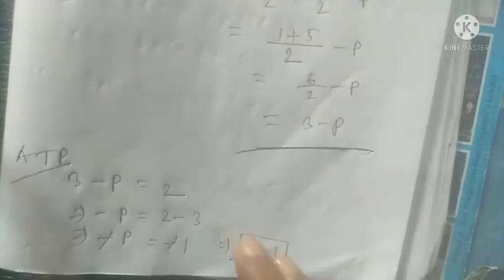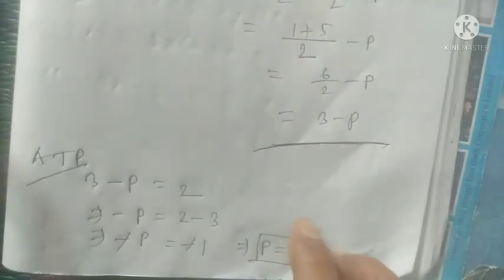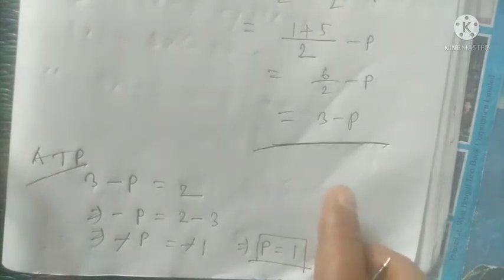This is our remainder, but this is not our answer. The question asks what must be subtracted, so we are taking p as the number to be subtracted. We have already written the remainder as 2, so you have to write 3 minus p is equal to 2. If you solve this equation, you get p is equal to 1. So p is equal to 1 is the answer. In this question, 1 must be subtracted from the given polynomial, then your remainder will be 2. Okay, so question number 7 is done.